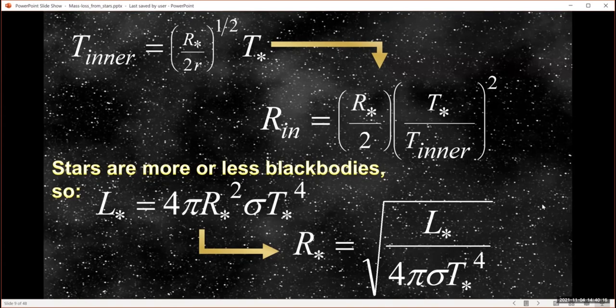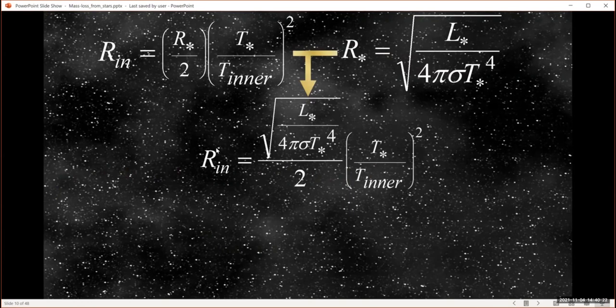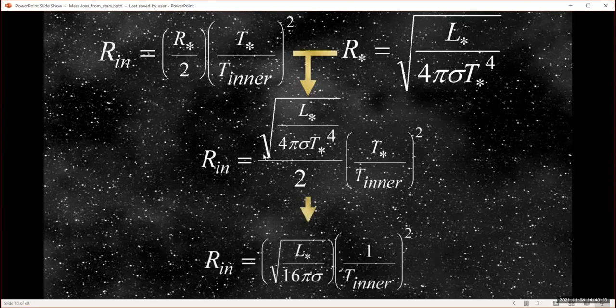So we now have an equation for R in terms of the luminosity and the temperature, and we're going to plug that into our inner radius equation. And now we've got our inner radius equation with luminosity in it. And now we're going to do some simplifying. And we end up with an equation where the inner radius is given by the luminosity and the inner dust temperature. And it goes as 1 over the inner dust temperature squared, and it goes as the square root of